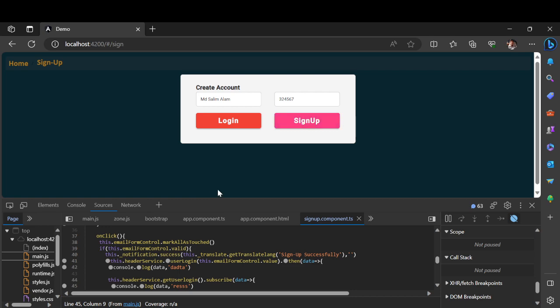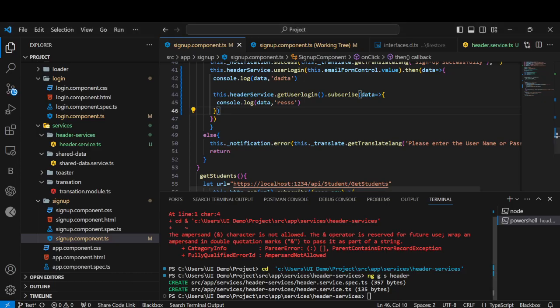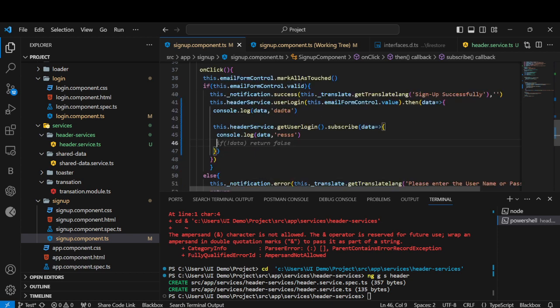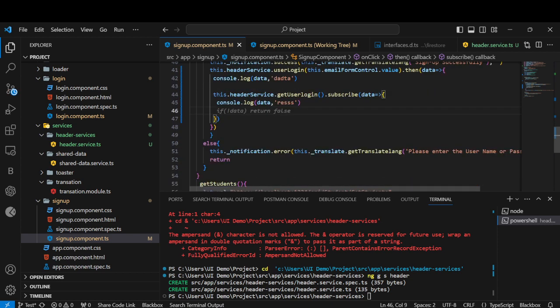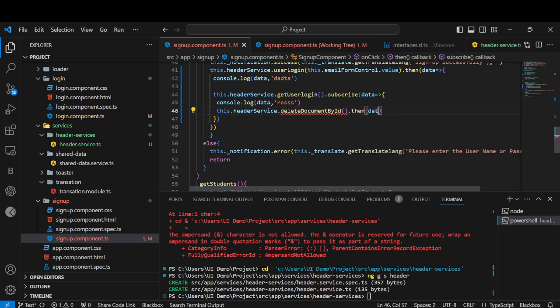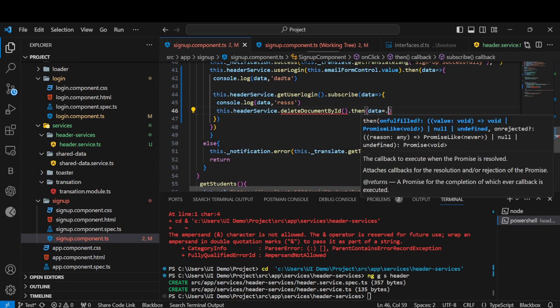Okay, so now the next part is we will utilize the delete operation here. After getting a response now already, what I will do here is this dot header service dot delete. Here I need to pass an ID of it, with an arrow function, then